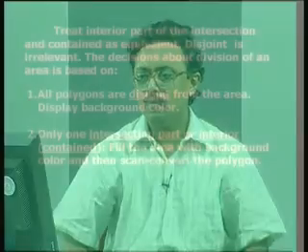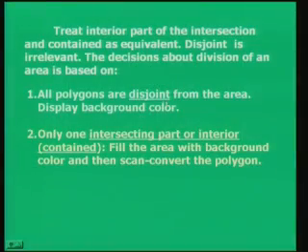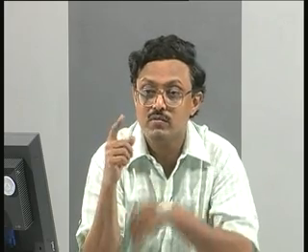figure. So, I repeat again, the first point is very simple: throw away disjoint polygons and display the background color only, and when you have intersecting and contained, fill the area with background color and then scan convert the polygon. So, steps 1 and 2 have taken care of 3 relationships. The only one relationship remaining to consider, we have talked of disjoint, contained, intersecting, all 3, which remains is overlapping, correct. Overlapping is the relationship which is remaining between the 2.